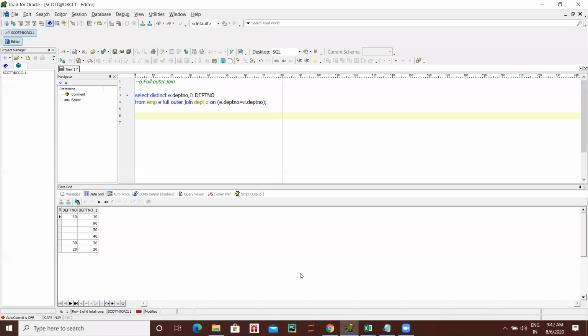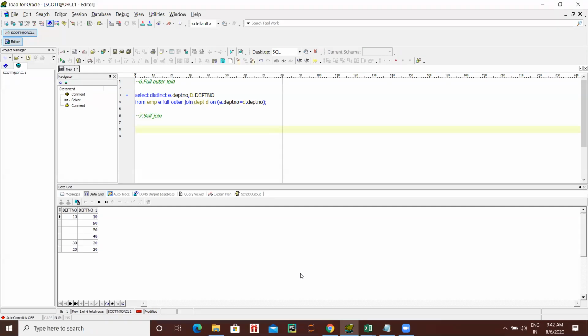So now, the 7th one is self join. Self join means we are not taking more than one table. We are taking the same table 2 times and doing the join.